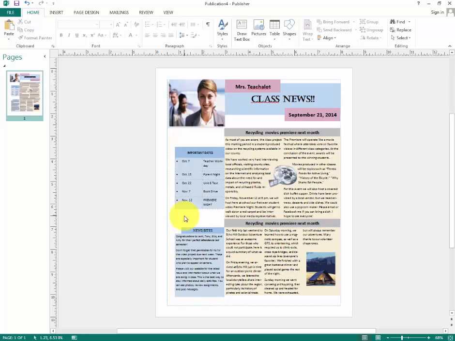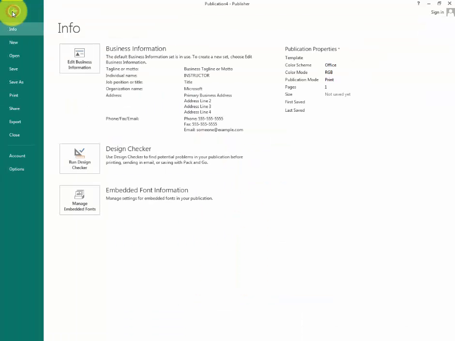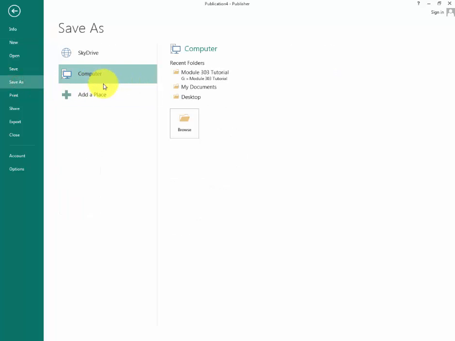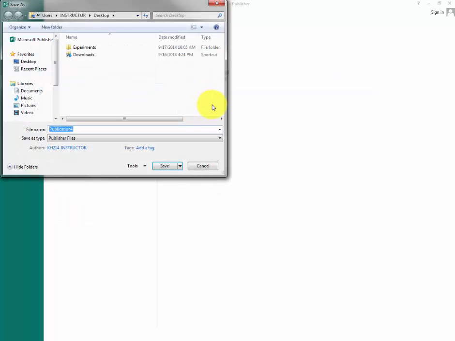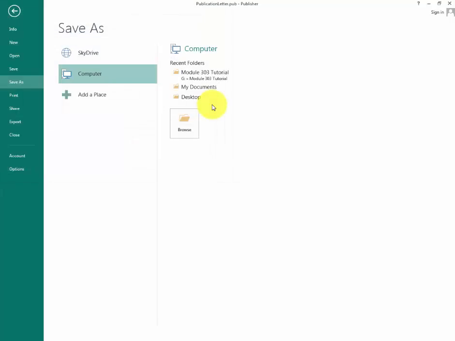The newsletter is now created. The only thing that is left to do is save it. For that, you just save it as a regular file. I am going to save it to my desktop, and I'm going to say publication letter,